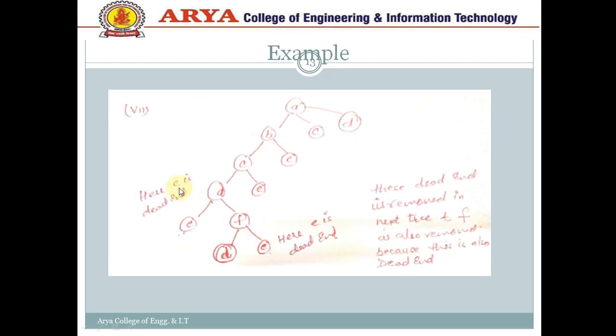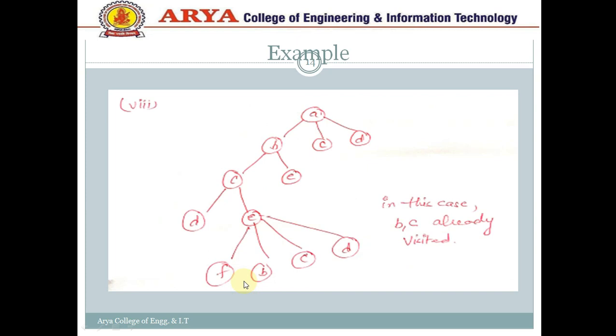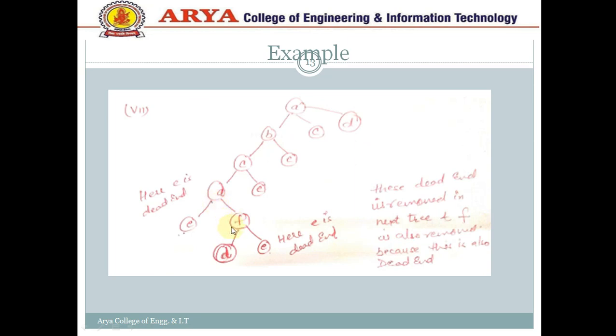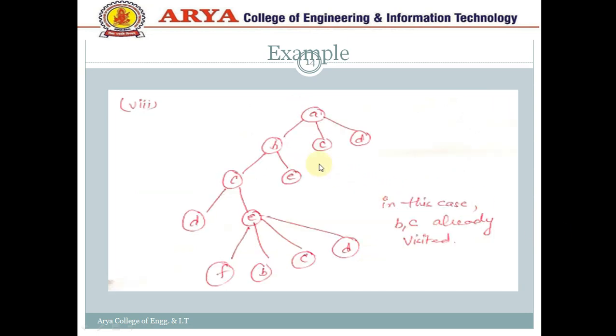In this next node, because E is the dead node, we reach at this D, as we already see in this example. We already processed these elements, then we backtrack at point D. We choose the right, this E. After E, we can choose F. On the F, we can see F has a neighbor D and E. Here E is the dead end because we already processed this. So this dead end is removed in the next tree, and F is also removed because this is also the dead end.